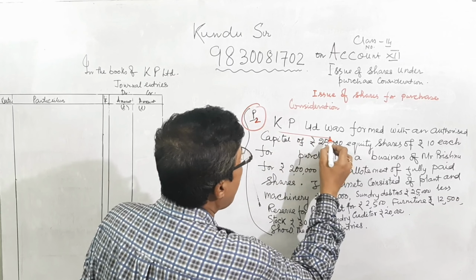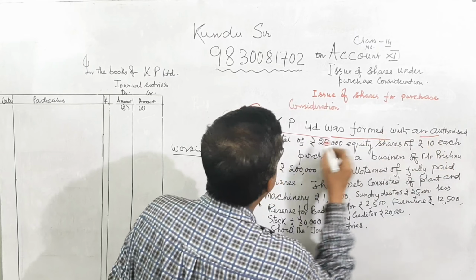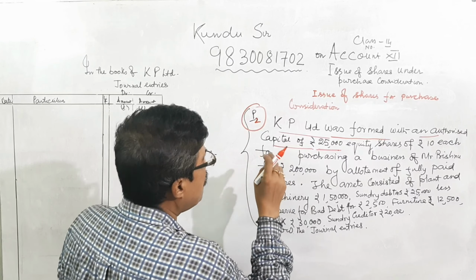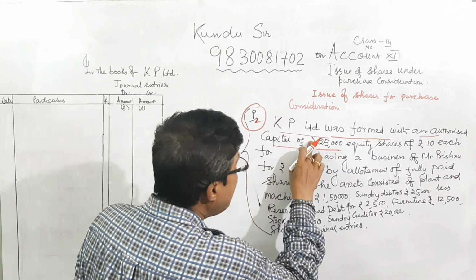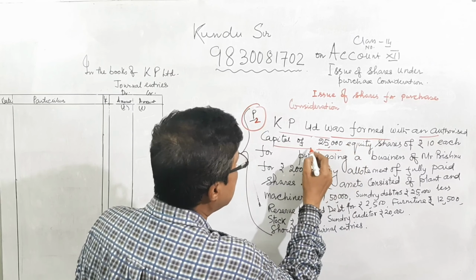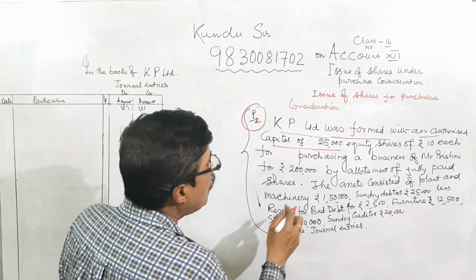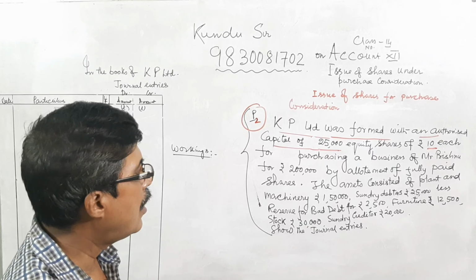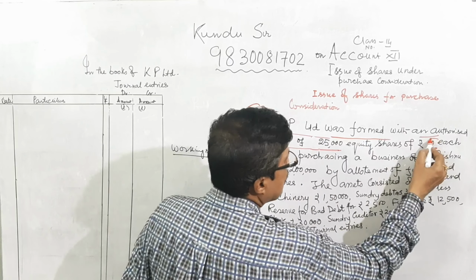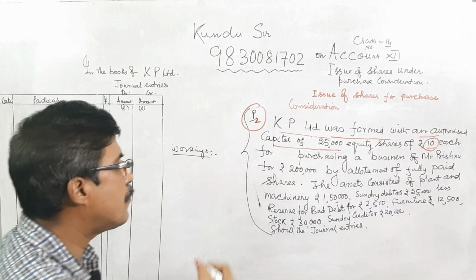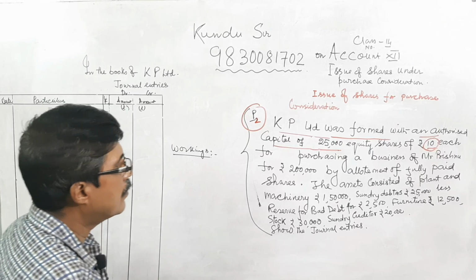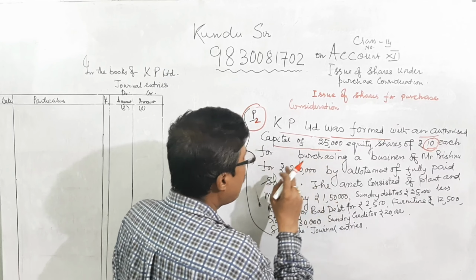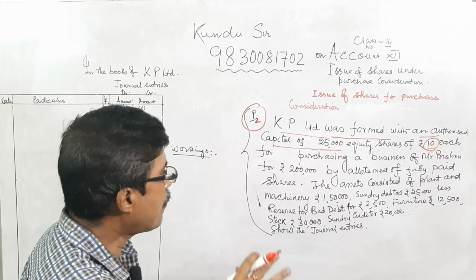Now KP Limited is formed with authorized capital of 25,000 equity shares of rupees 10 each, that is face value of the share equal to 10 rupees per share, and there is no question of premium,